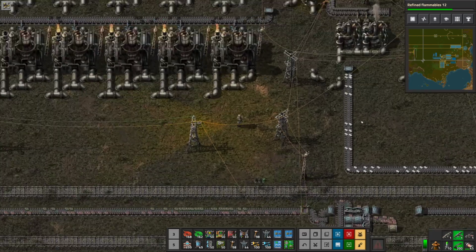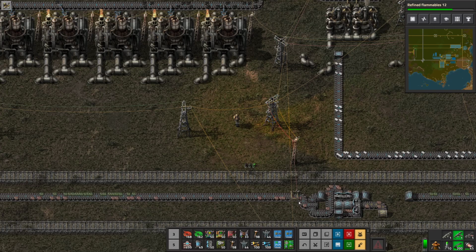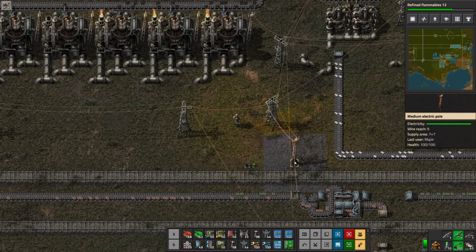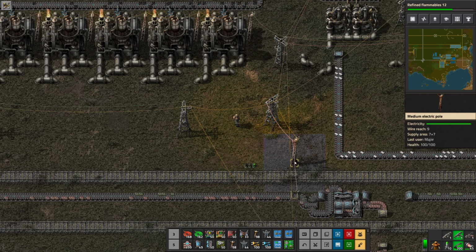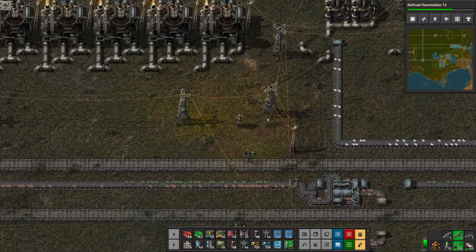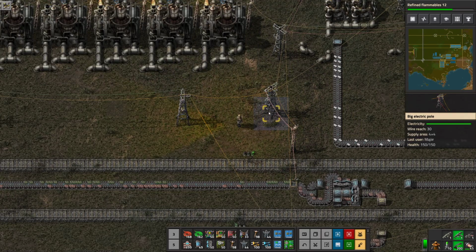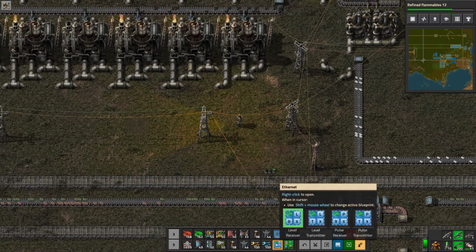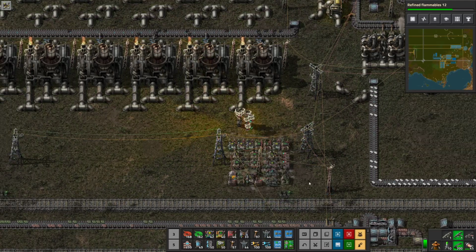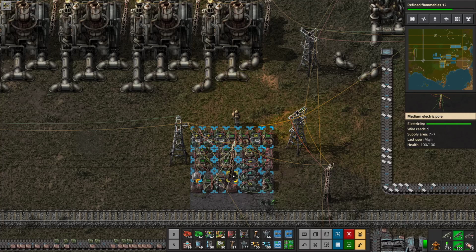As a simple little example, here I have some circuits that are flowing through, and I might want to measure somewhere else how many circuits are flowing through or how often. And so I've got a pulse reader here on this belt, and that's going onto this red wire, so you can see those little pulses. So I'm going to set up a pulse transmitter for that at first,